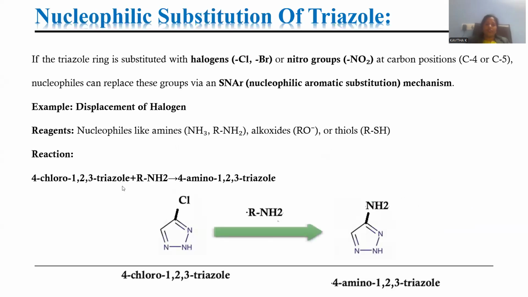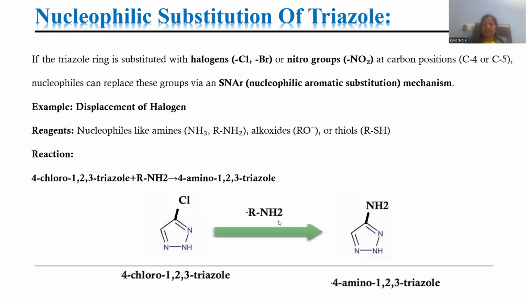And this is said to be nucleophilic substitution. So any nucleophile existing on the molecule can be substituted by a suitable reagent that we are adding, either ammonia, amine, or alkoxide, and thiols to be treated upon this substituted triazole, giving rise to that nucleophilic substitution. So let me take a 4-chlorotriazole as a starting material to be treated with